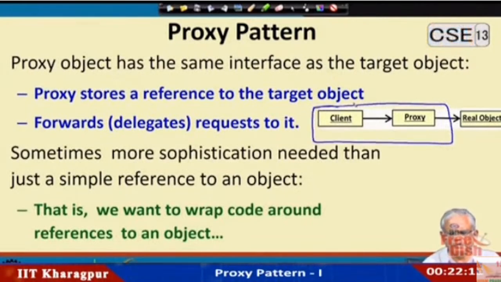I have just drawn a rectangle over here saying that it is on the same machine. On the same machine, both client and proxy objects reside. The real object is on a different machine and possibly across the network. And for this reason, we call the proxy object the local sit-in for the real object. Just like in a classroom scenario, a student who does not come to the class